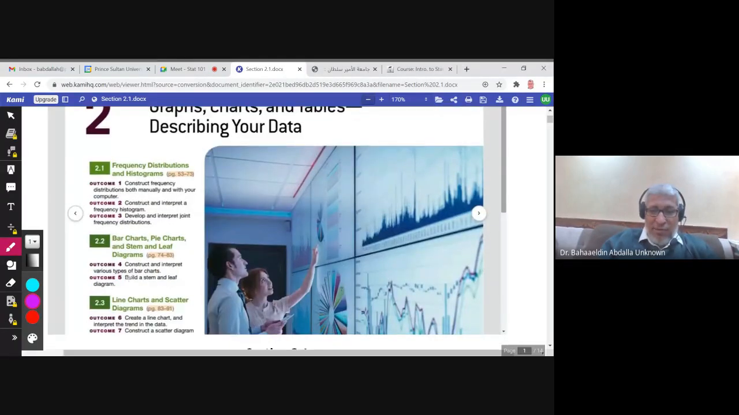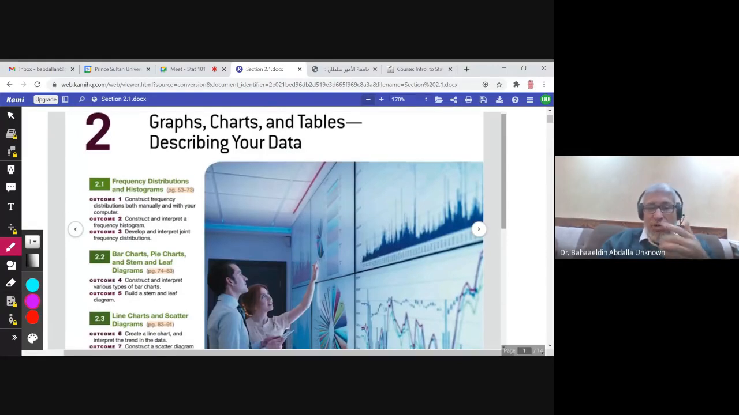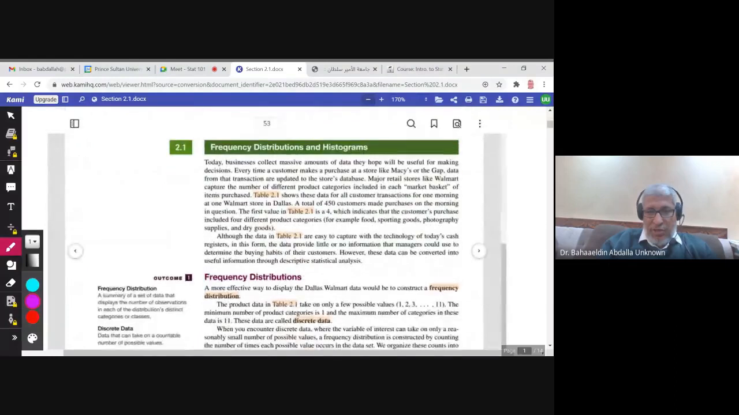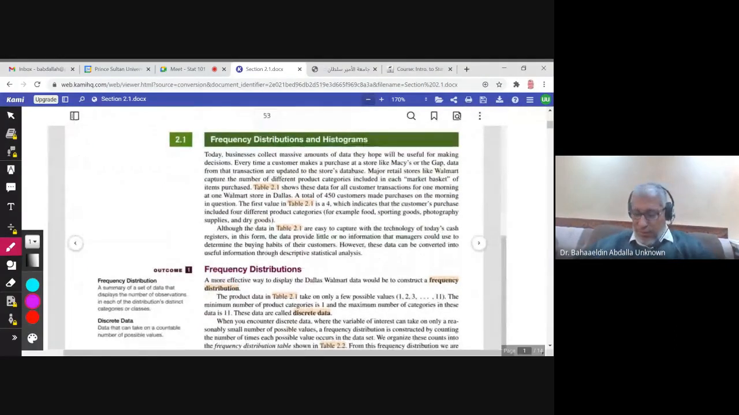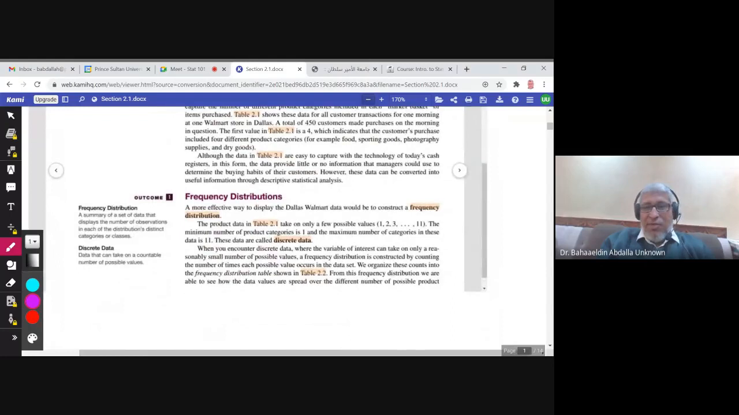We will begin section 2.1 today, inshallah, and we will finish the first part, which is about frequency distributions, and we will talk about histograms tomorrow, inshallah azza wa jal. So the first section in chapter 2 is about frequency distributions and histograms, and let us try to understand what is the meaning of frequency